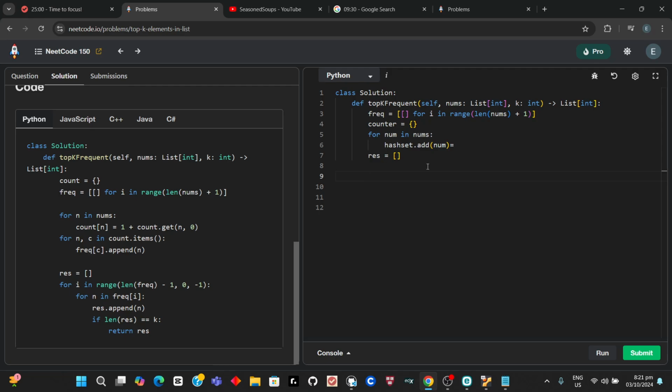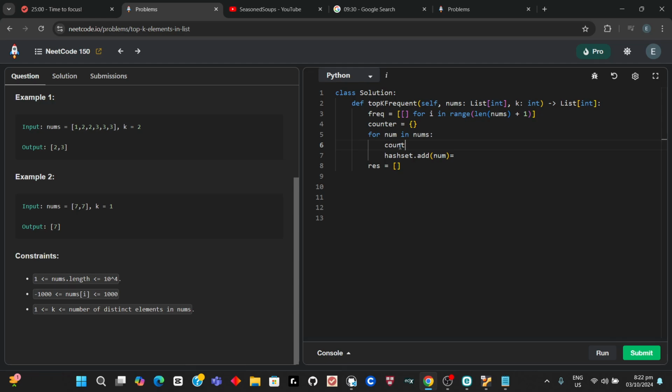Oh, so confusing. So for num in nums, we get the count of num. So the counter of num, in which is